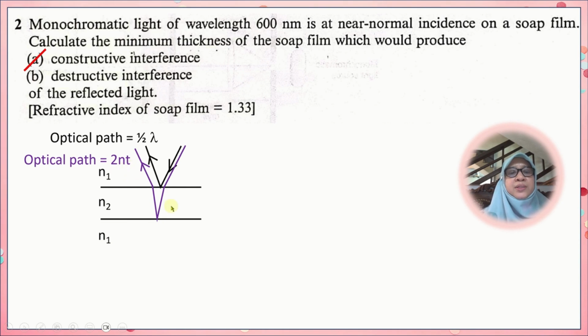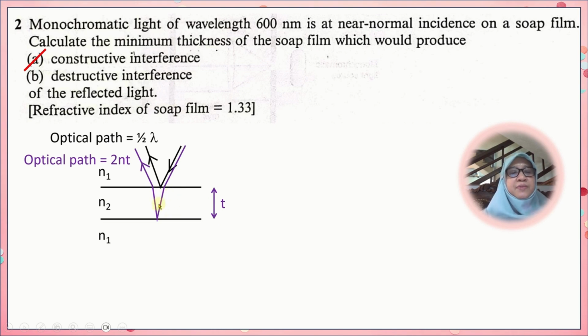So this time we use the thickness of the soap film as T. It is not given, so we use T this time, and it's stated here near normal incidence. That means we assume that the light travels through the thickness T. If it's not near normal, we need to use the trigonometric ratio